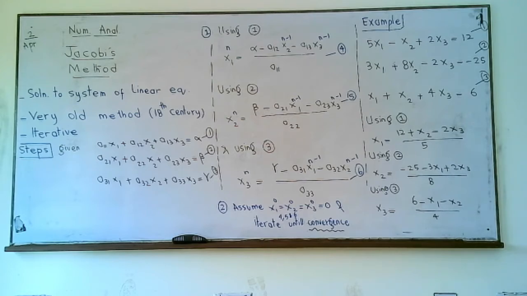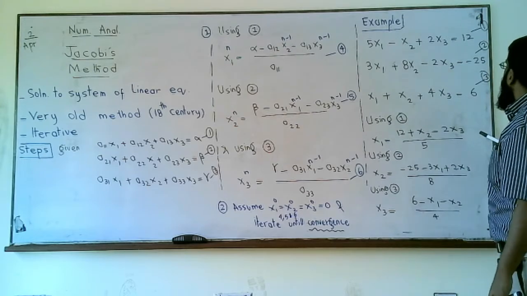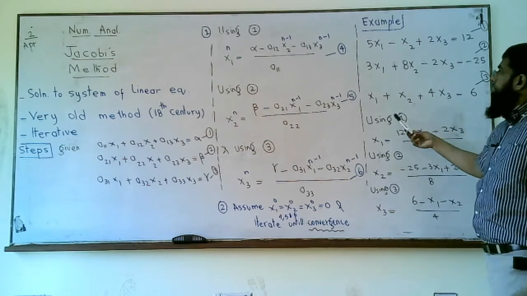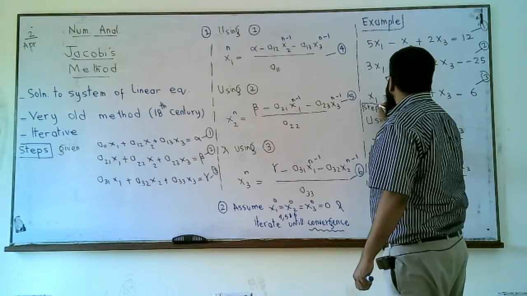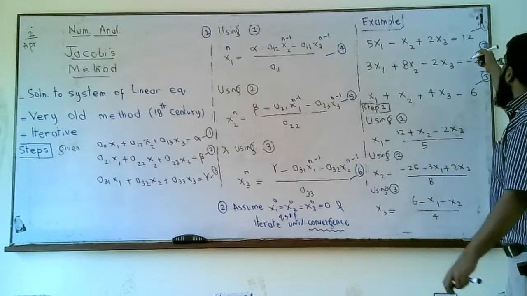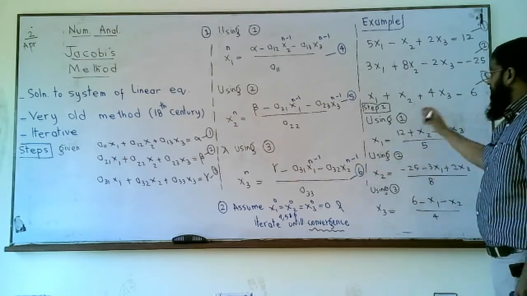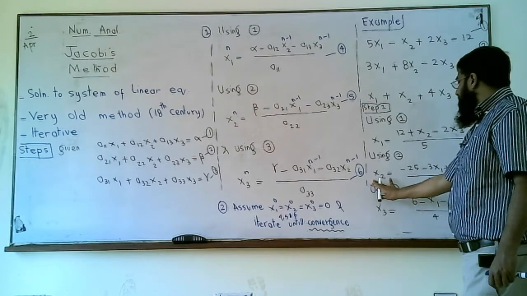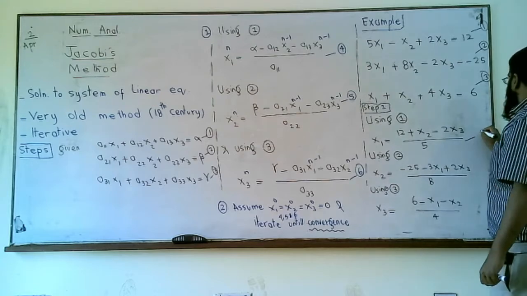So this is a very simple method. Let's understand with the help of an example. We have these 3 linear equations. I have numbered them as 1, 2 and 3, and using 1 we perform step number 1. This means that using 1 we will compute the value of x1 on the left hand side and everything else on the right hand side, and using 2 we get x2 on the left, and using 3 we get x3 on the left and everything else on the right. So now we have these 3 equations 4, 5 and 6,